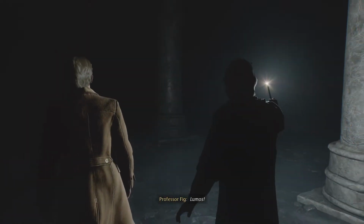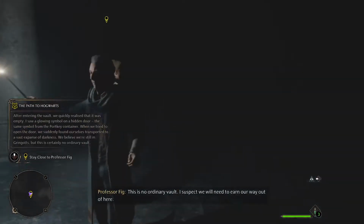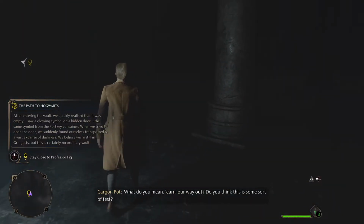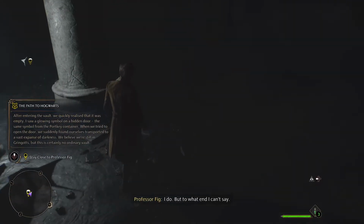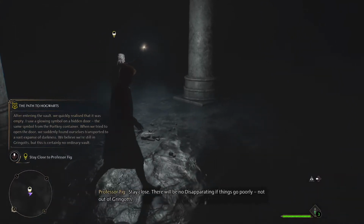Lumos! This is no ordinary vault. I suspect we will need to earn our way out of here. What do you mean, earn our way out? Do you think this is some sort of test? I do. But to what end, I can't say. Stay close. There will be no disapparating if things go...